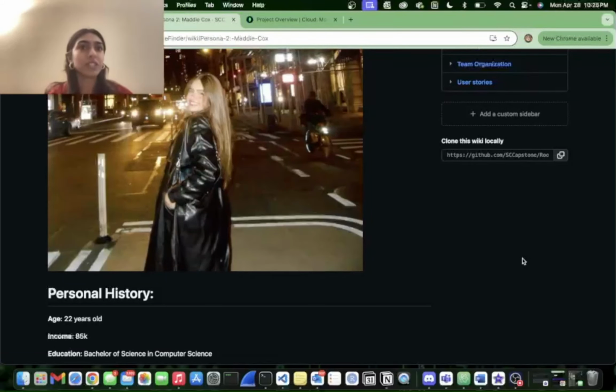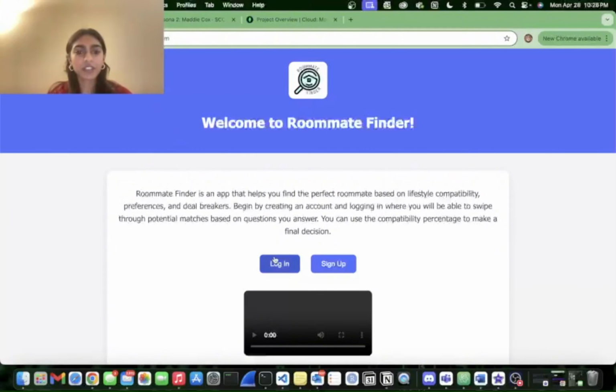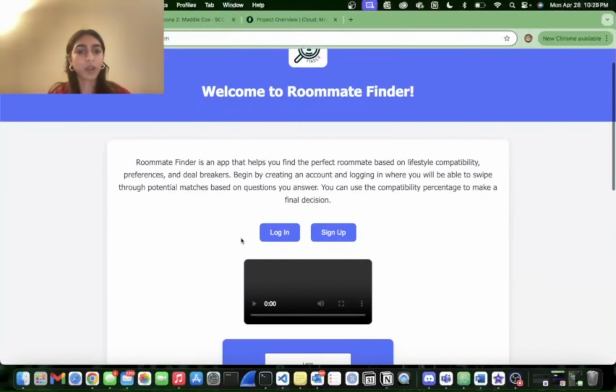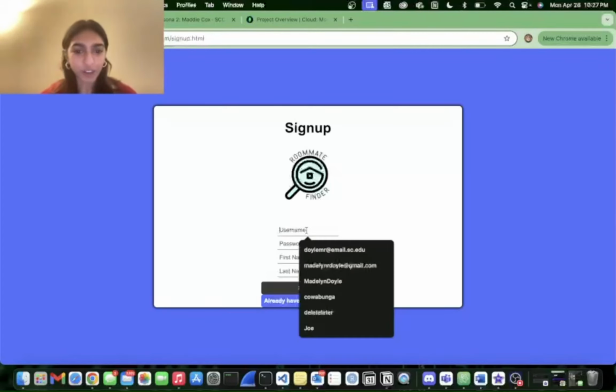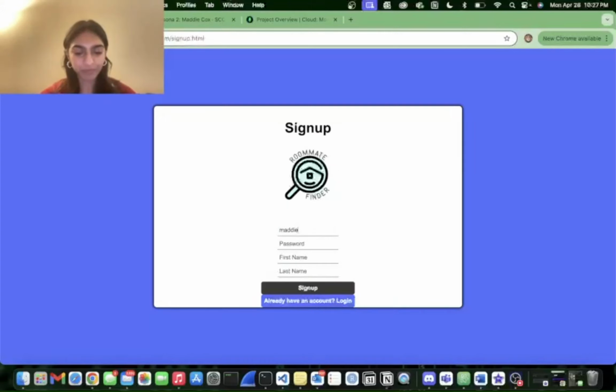I'll be going through the sign up, create profile, and preferences page as we go through the web app. So here I will start on the welcome page and click on sign up. So this is where our app comes in, helping people like Maddie find their ideal roommate safely and easily. I'll start by entering her username, Maddie Cox 22, creating a password for her, as well as entering her first name